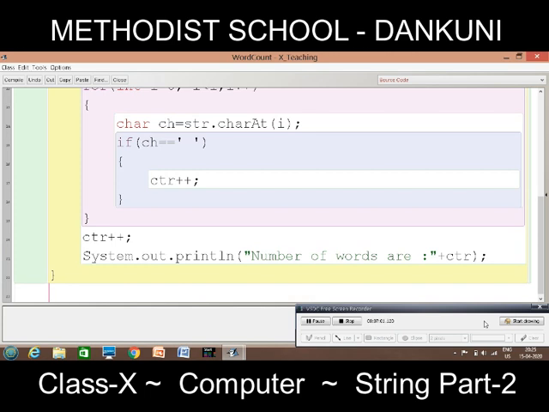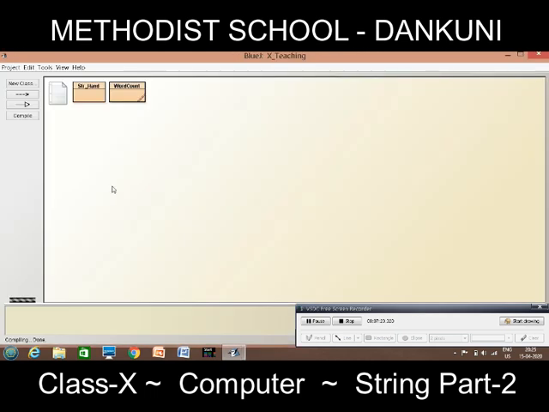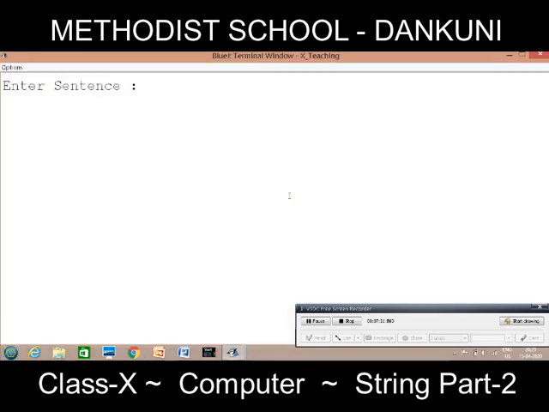It's over. Close the main. Close the class. Alright, now let us compile it. I believe there shouldn't be any errors. If there are, then I'll show you how to correct it. Yes, so there is no syntax error here. When there is no syntax error, I will close it. You can see WordCount. This is my previous one, StrHand, and this WordCount I will run. So right click, click on void main.